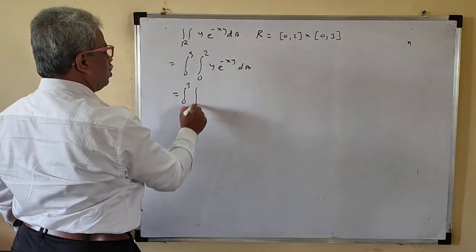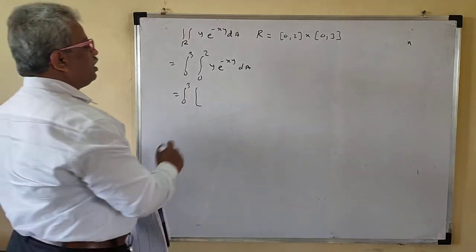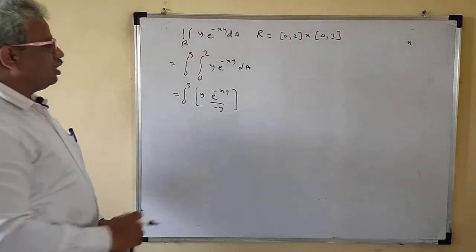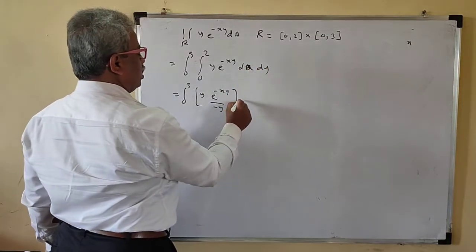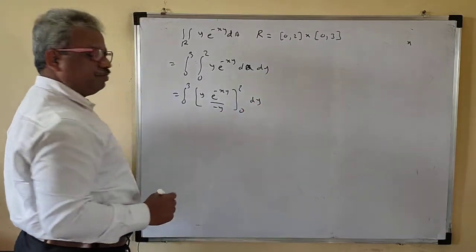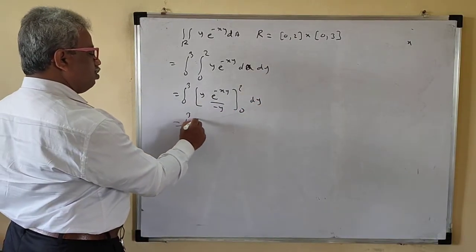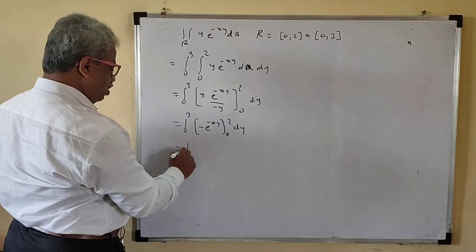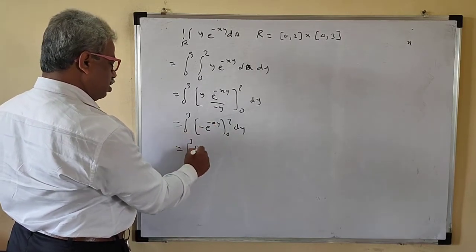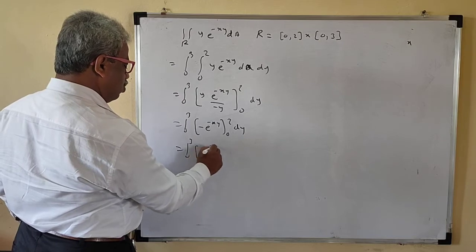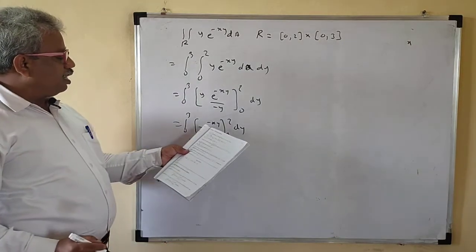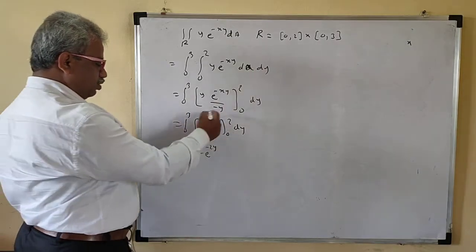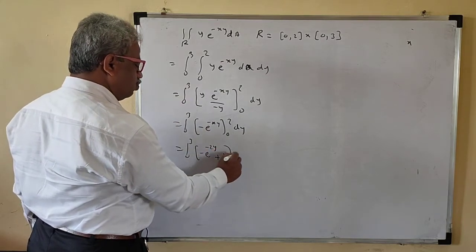So this is 0 to 3, 0 to 2. Okay, y will be as it is now here. Okay, e raised to minus xy upon minus y. So you are writing here dx dy. Okay, so then this is 0 to 2 dy then. Okay, now this is very nice. Now your y gets cancelled here. So this is minus e raised to minus xy, 0 to 3, dy. So you are putting here x, this is minus e raised to minus 3y. Then you are putting x as 0, so e raised to 0 is 1. So value is minus 1, and minus of that one becomes plus 1. So this is dy now.